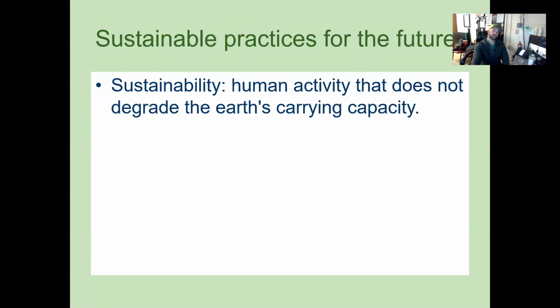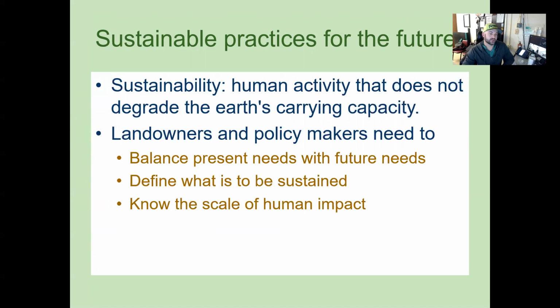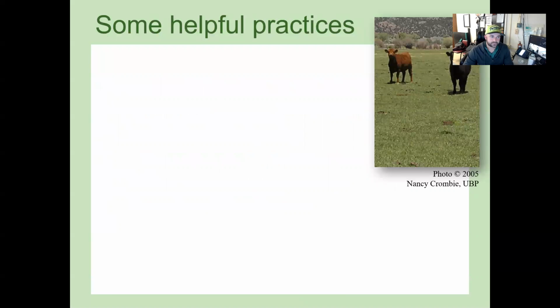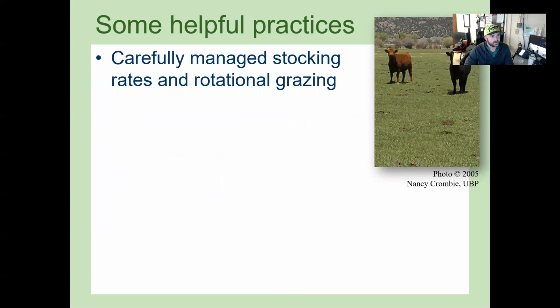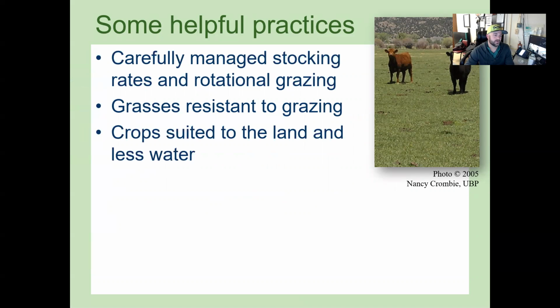Sustainable practices for the future: human activity does not degrade the Earth's carrying capacity. Landowners and policymakers need to balance present needs with future needs, define what is to be sustained, and know the scale of human impact. Some helpful practices here: carefully manage stocking rates and rotational grazing, grasses resistant to grazing, crops